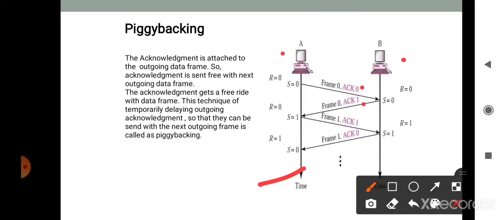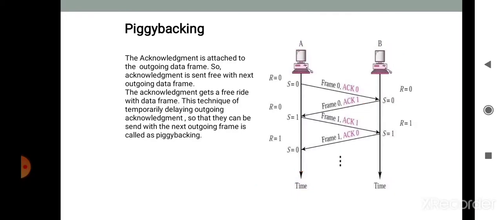Stations A and B both have data to send. Instead of sending separately, station A sends a data frame that includes an ACK. Station B does the same thing. This is called piggybacking.